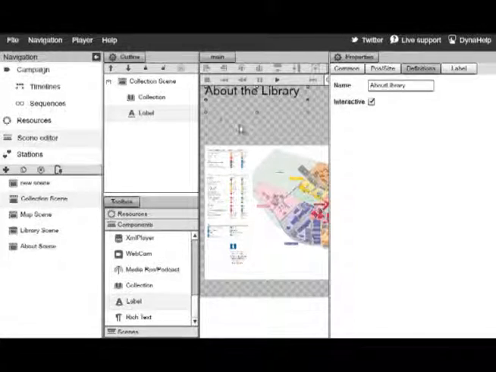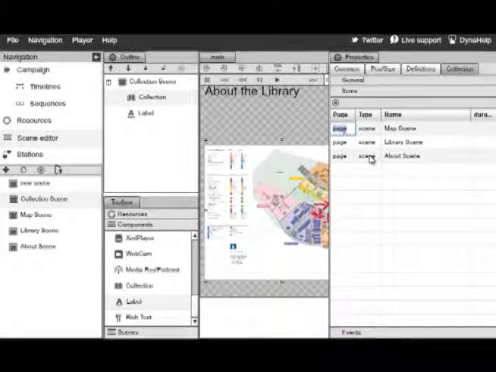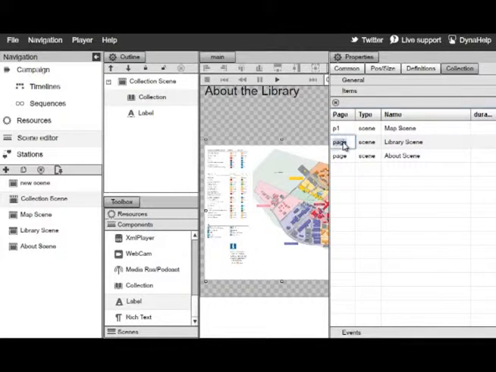Next, we'll switch back to the collection, selecting it right here from the tree. Switch to the collection tab and give each scene a unique page name. So we'll just call it page 2 and page 3. And now what we need to do is associate an actual touch event with the about library